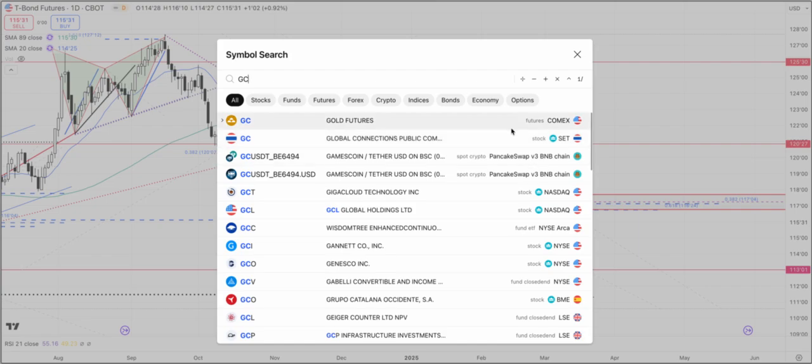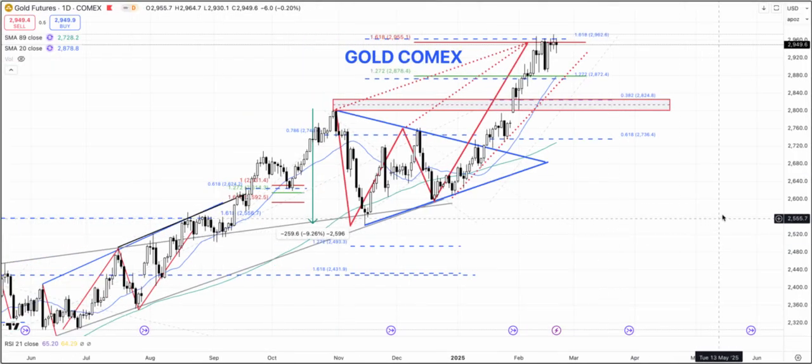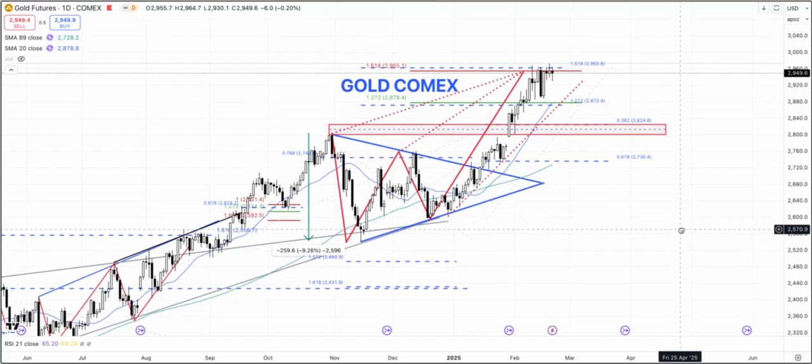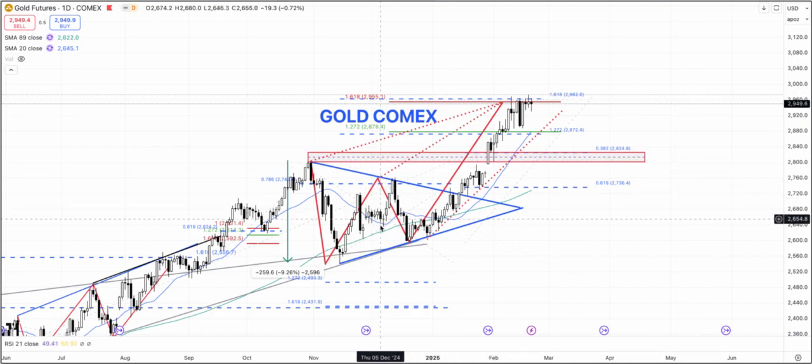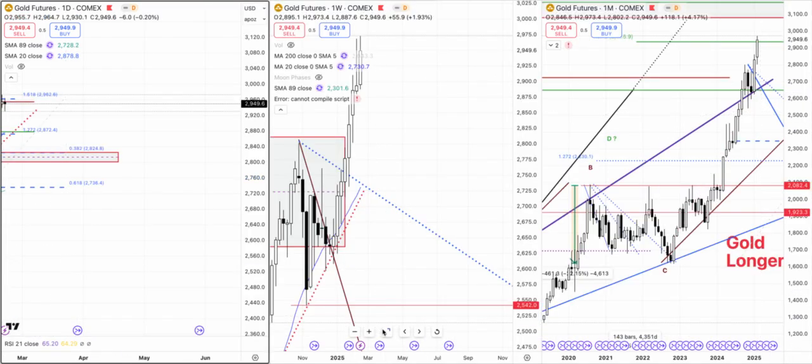Gold. So let's take a look at the gold futures. Gold, really interesting price action. Gold actually went and made a new all-time high last week, but you can see it's still trading around these levels. For it to really move much higher, I think we should begin to see daily closes above this level, and we are looking at about 3,000, it's very close to 3,000, 3,150 perhaps. I can just draw further extensions. This is what we are looking at in terms of the gold.